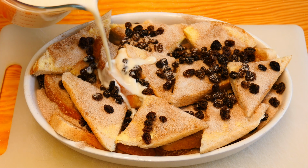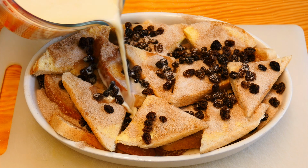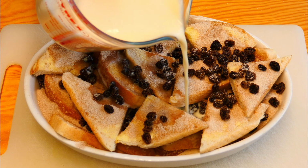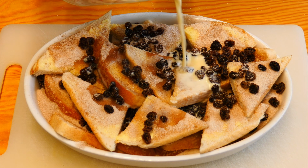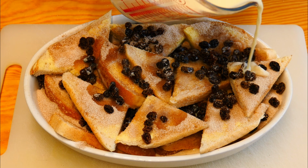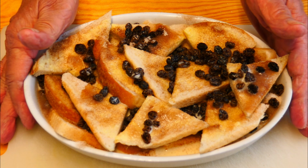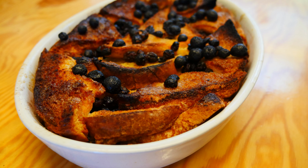And we're going to pour this mixture all over our bread. This will probably come about half a way up the bowl, and then once you've done that you're going to put it to one side, leave it for 10 minutes or 20 minutes just to give it time to soak up into the bread. Then it's off to the oven for about 20 minutes, gas mark 5, until it's got a nice brown crunch